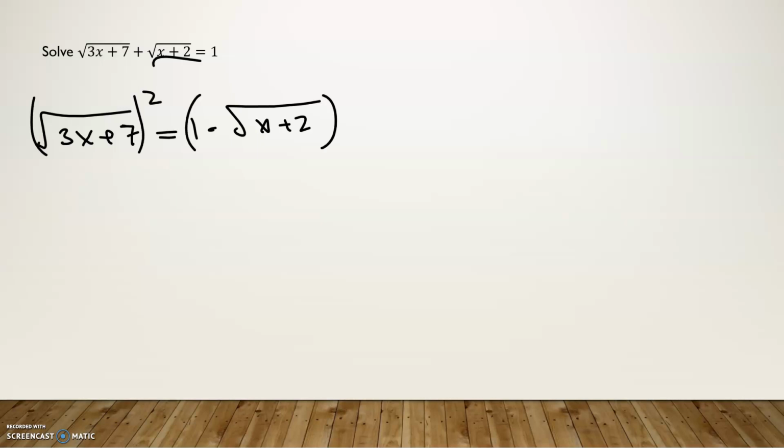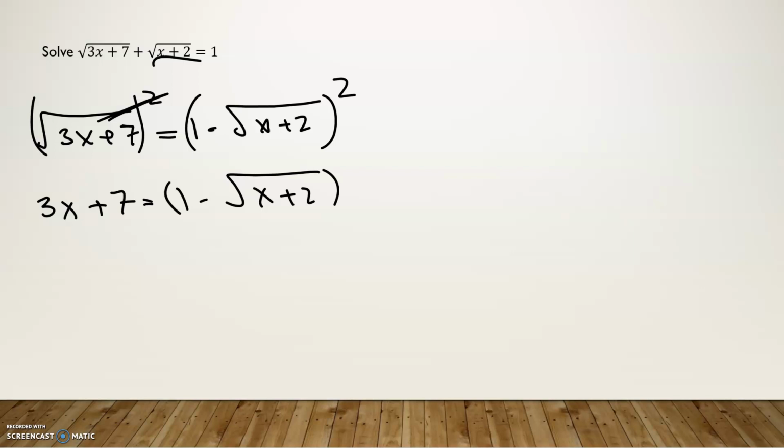Be careful to square the entire thing over here. Over here, this is going to cancel, and I'm left with what's inside. Over here I have 1 minus the square root of x plus 2 times itself, 1 minus the square root of x plus 2. So 3x plus 7 is equal to